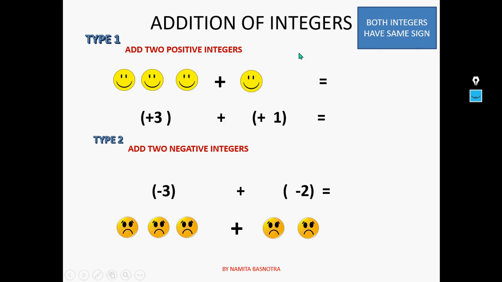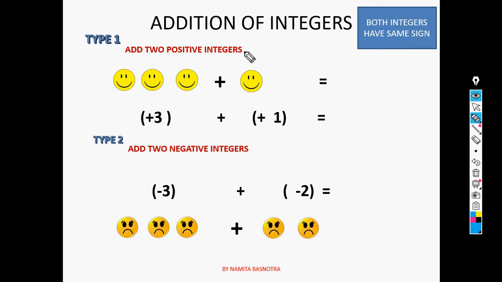There are 3 types or 3 categories broadly in which you add the integers. So the first one is that you add when you have two positive integers. So here the example is like +3 and +1. Are they both positive? Yes. So you have to add two positive integers. And type 2 that you see on the screen is that we have to add two negative integers. So you can see -3 and -2. So both we have to add. So I will be teaching you how to add two positive integers and how to add two negative integers. Shall we begin? Okay. So now here I'll change the color.